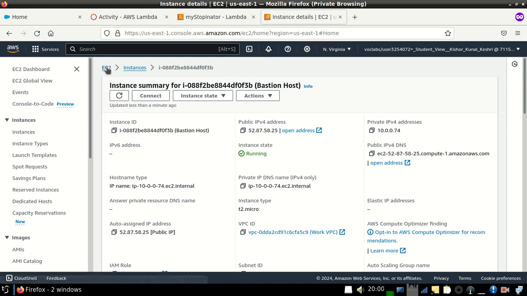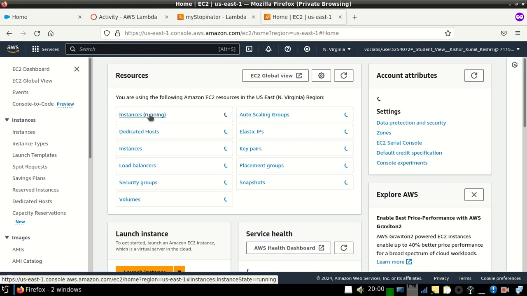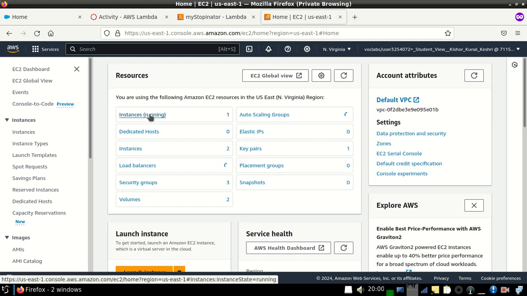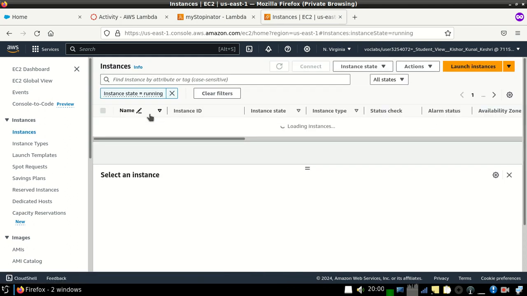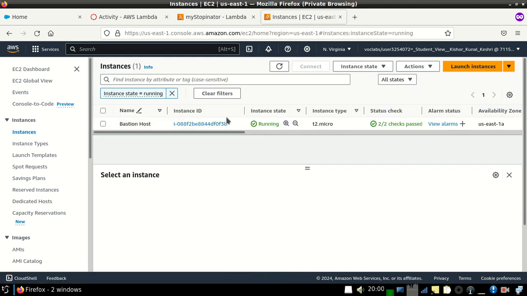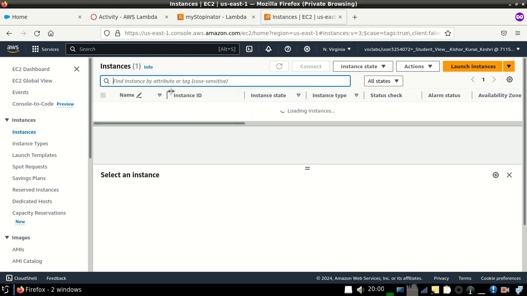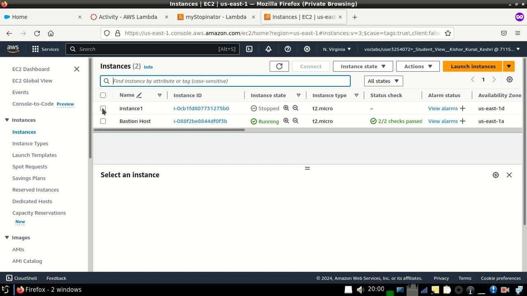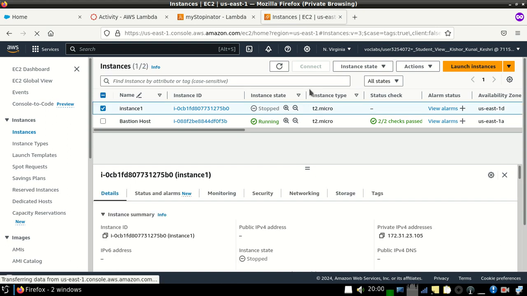Again go to instances, now click on instance. The Boston instance is running now. Now try to start this other instance.